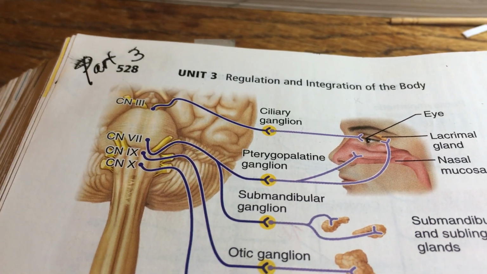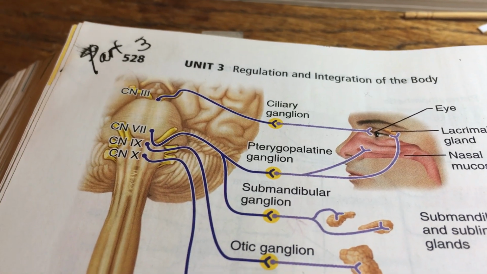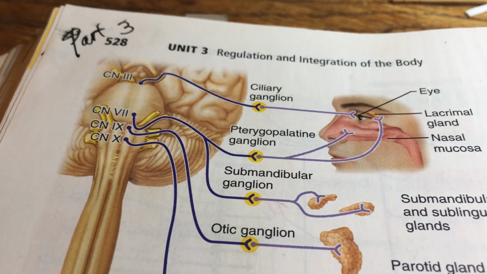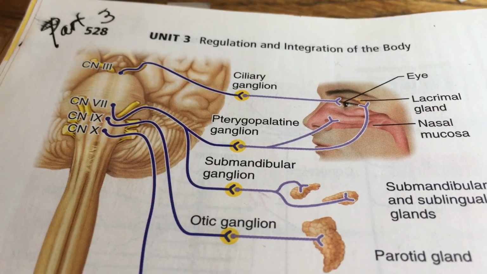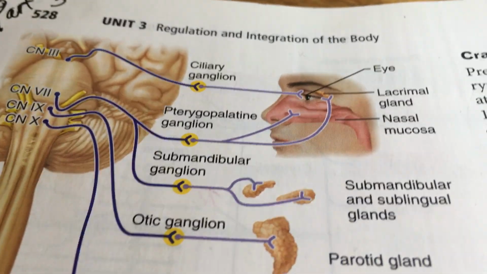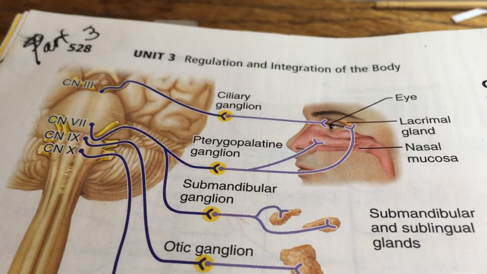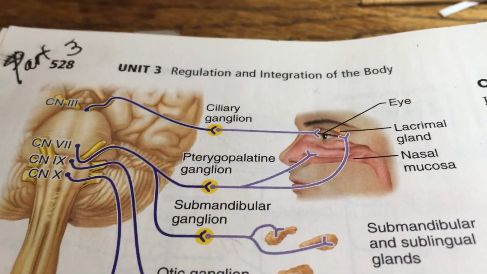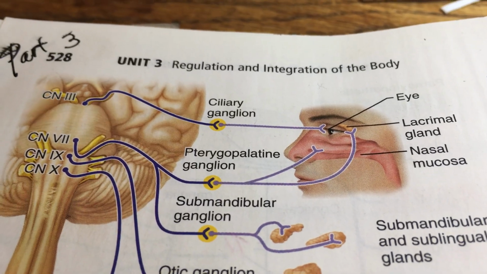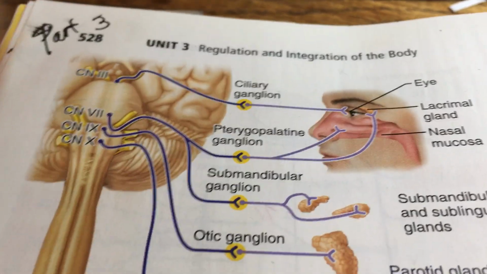We're in part 3 of the autonomic nervous system, and we're focusing right now on the parasympathetic in part 3 on page 528 here. And we're taking a quick look at the cranial outflow. In this case, the cranial outflow begins with cranial nerve 3, and we have something referred to as the